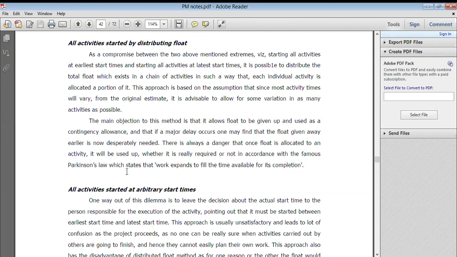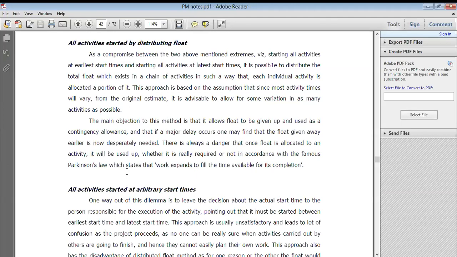So what happened at that time? There is a famous Parkinson's Law, and he said that it states that work expands to fill the time available for its completion. Means work expands to fill the time available for its completion. Means for completion, what do you have to do with time, what does work have to do, it has to expand, right? But it's sometimes, not all the time.